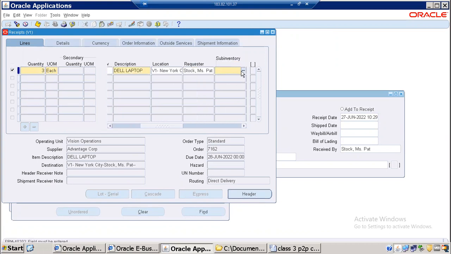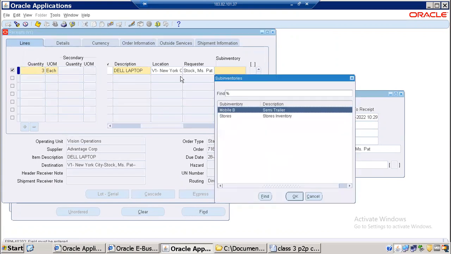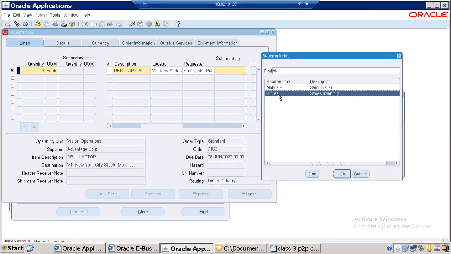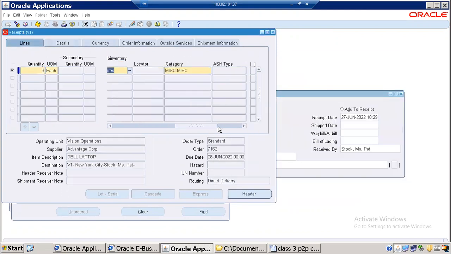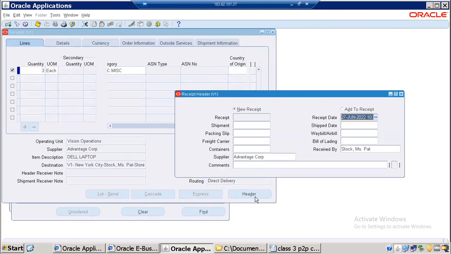Every inventory will have sub inventories. One is goods, store, damaged goods, like that. So right now it is storeroom. I'm giving this and click on header. The moment you click on save, it will give you a number here. That's a receipt number. It has been generated automatically. So from where all these numbers are generated here is,